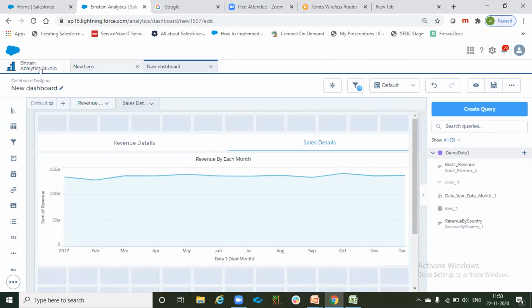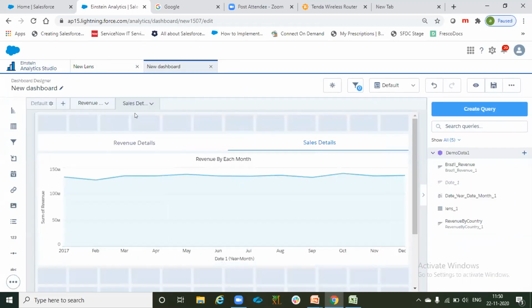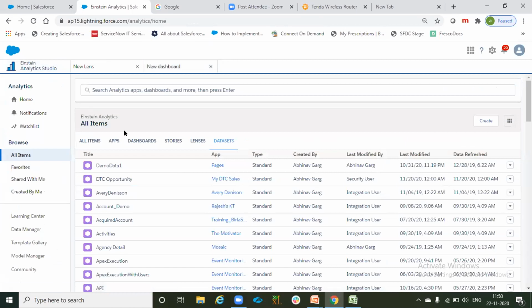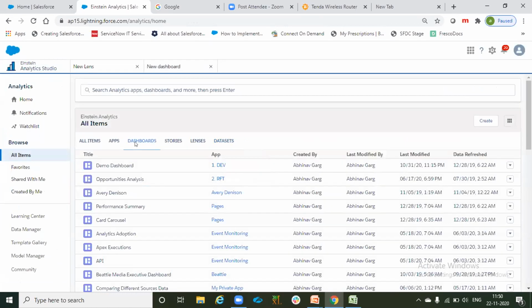Apart from that, best practices when it comes to the coding part in Einstein, and we are not covering SQL and all in this series. So let me show you a few dashboards where you can relate to what best practices I am referring to here.